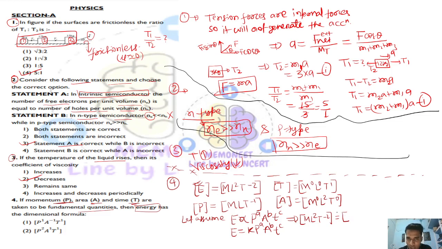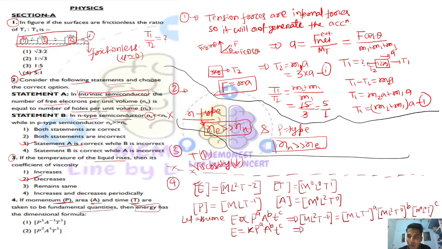So for P we can write (M L T minus 1) to the power a. For A we can write (M0 L square T0) to the power b. For T we can write M0 L0 T to the power c. On equating,